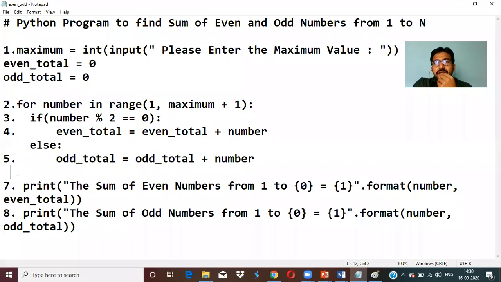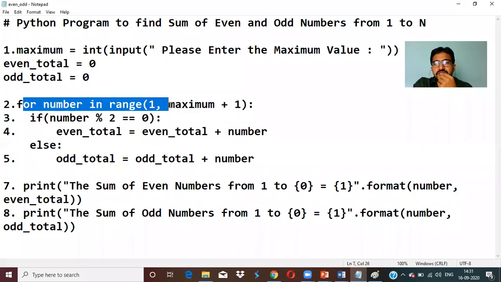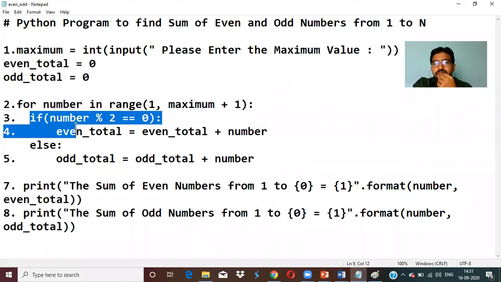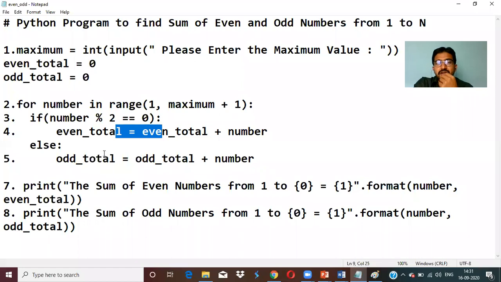Now, why do we not keep it as 6? Whenever the for loop condition is true, it goes to if. Agree? Once it does if modulo 2 equal to 0, then it is even total. Else it goes here. If it is a false condition, it will exclude this one. If it is a true condition, it will exclude the other. Finally, any one of these statements has to execute and come to one position, so that from that position the cursor again goes to the for loop. This has to repeat, so for this purpose we are just using 6 here.